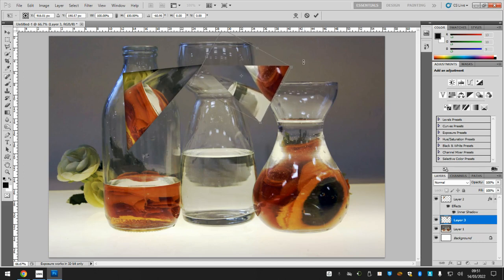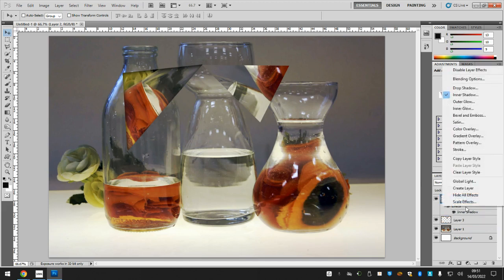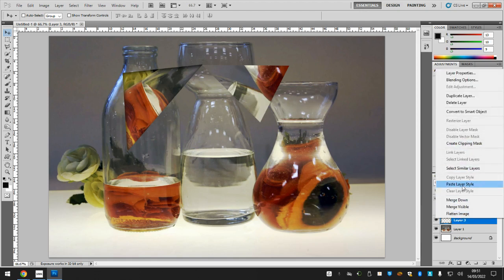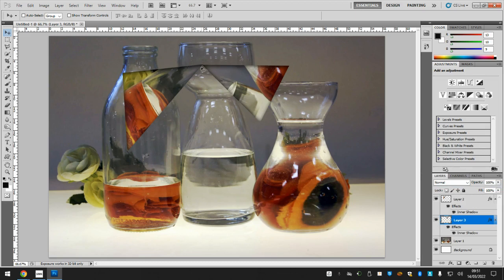and I'm going to aim to make a sort of new shape over the top of my original picture just by joining up the edges of all of these different selections that I do. So I'm going to press enter for that, get rid of those transform controls. Now you don't have to add the shadow again by going through the settings. A really quick way is to right click on effects, and you go to copy layer style. I'm going to go back to this layer, which is layer 3, right click it, and you go to paste layer style, and it adds the shadow. Now I can see I've not joined those up perfectly, so just go back to layer 3. I'm going to use the keys on my keyboard just to nudge